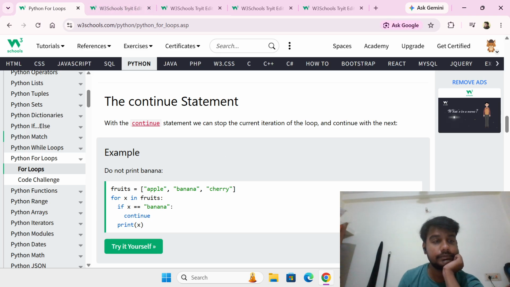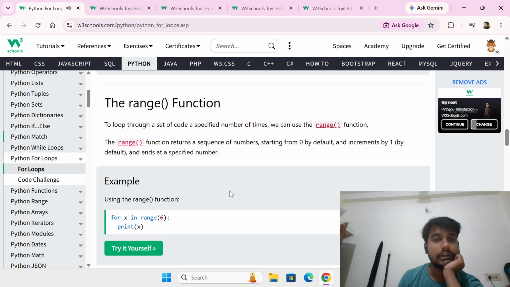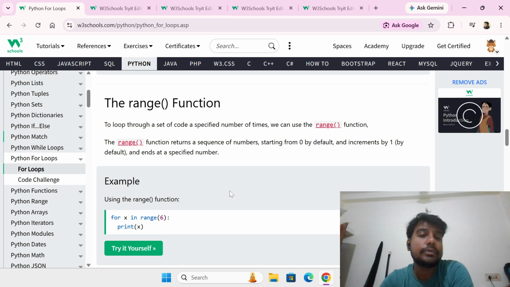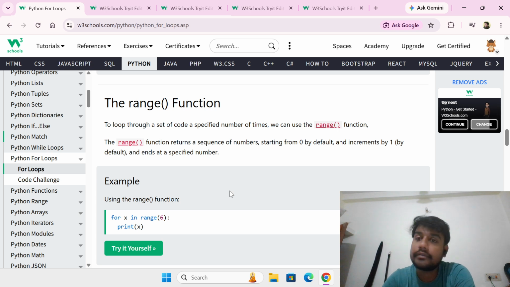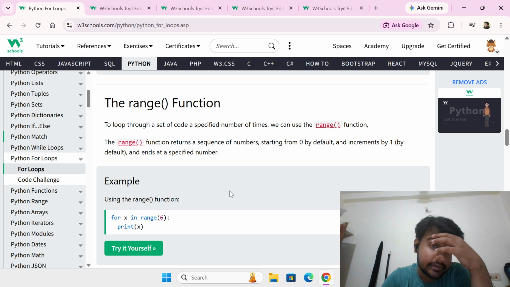Now, the range function. To loop through a set of code a specified number of times, we can use the range function. Okay, so here